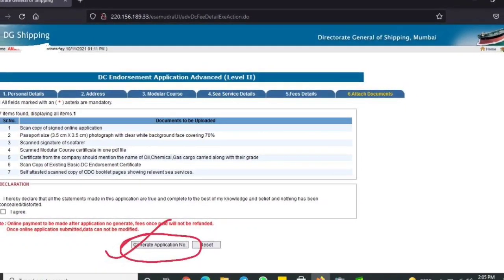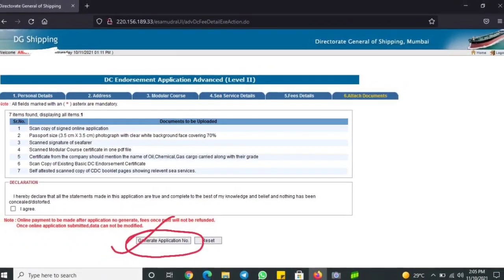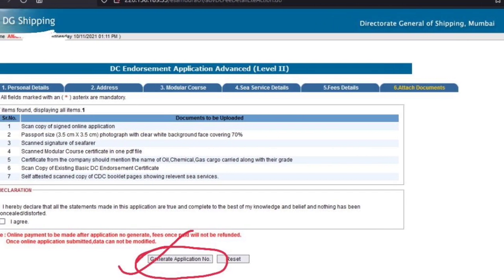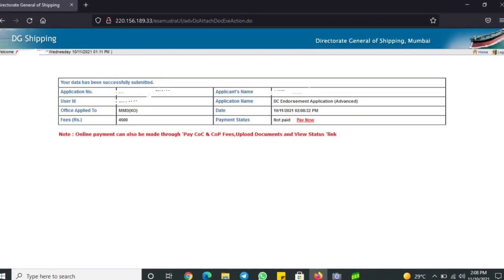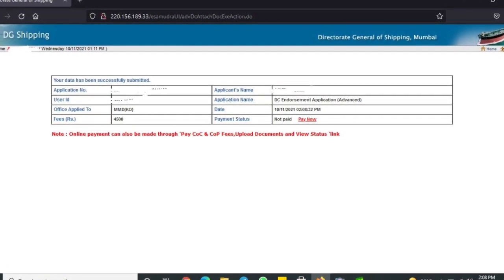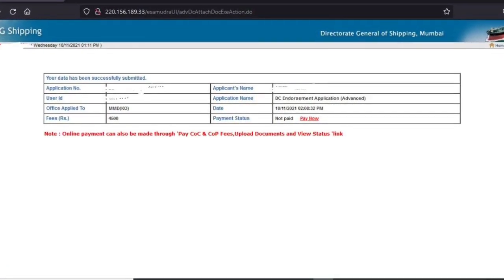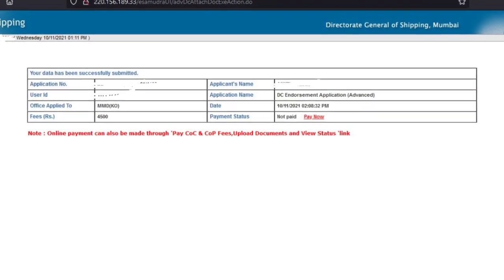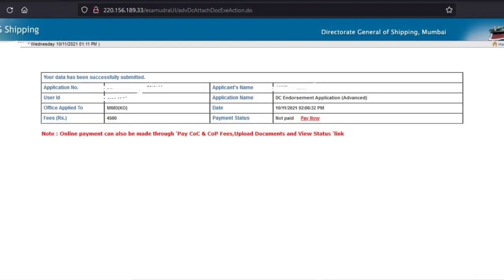It is a good way to make the payment later after generating the application number, or you have the choice to pay the payment through this. There is a note down below. Through this you can pay. Also there is a link available on the next page, the pay now option. You can make a